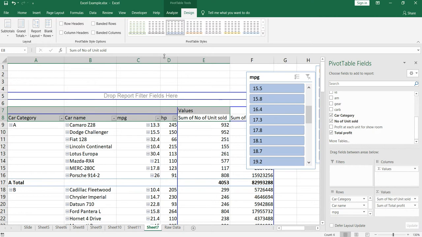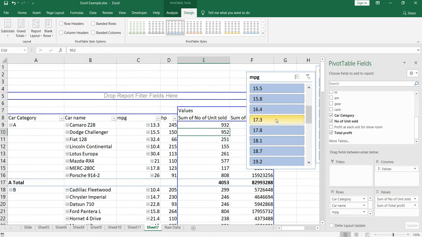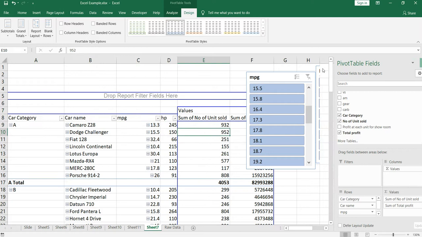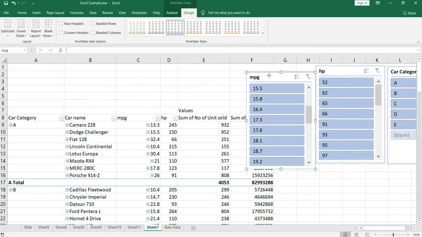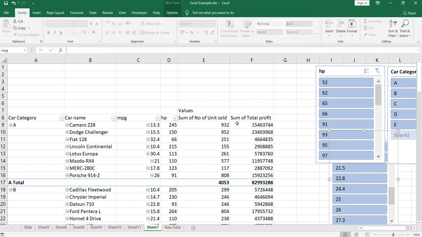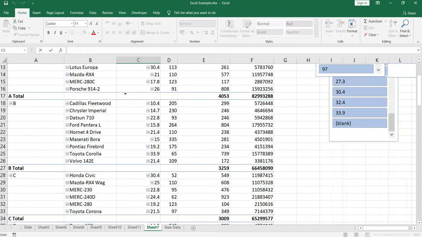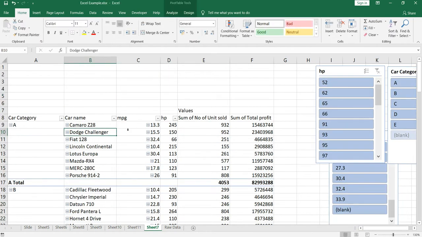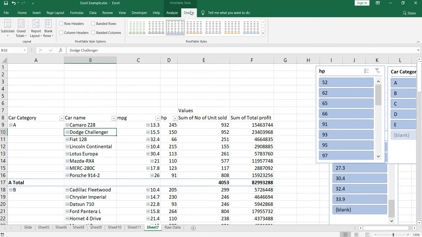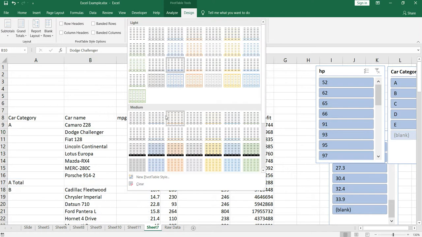So the last thing with pivot table is the design. Currently we have this normal design for our pivot table, right? So if you want to put some other design for your pivot table, what you can do is go to design, okay, then click on this. Under design you can click on this small drop down menu and you can select the design that you want.